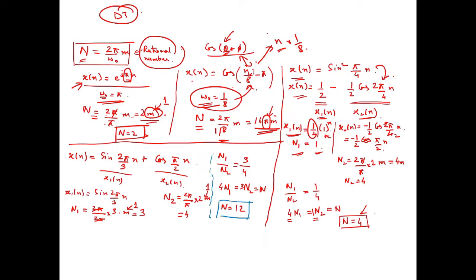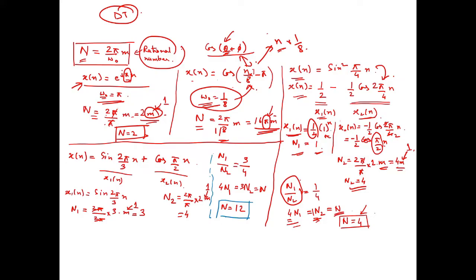So this pi by 2 is your omega naught. So N2 equals 2 pi divided by pi by 2, times capital N, it comes out to be 4N. If we consider N equal to 1, then we get N2 equals 4. Now the thing comes, N1 by N2 is equal to 1 by 4. Now we can write it down as 4 of N1 equals N2, and this is